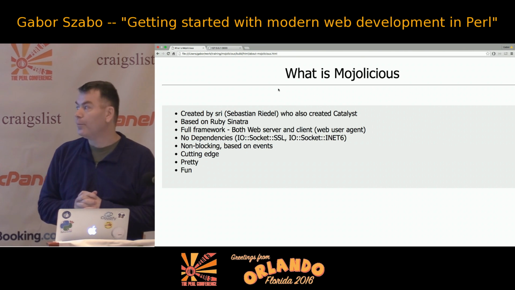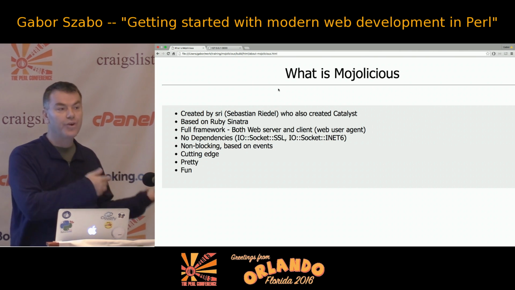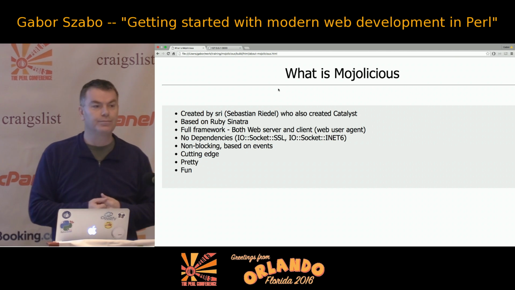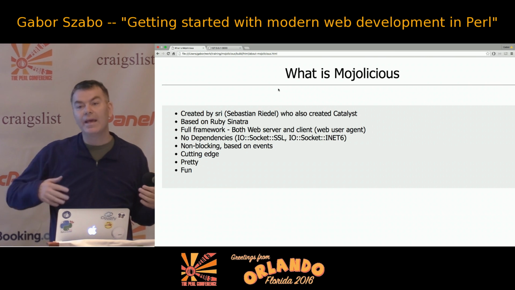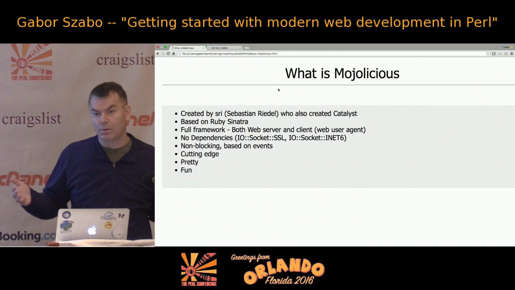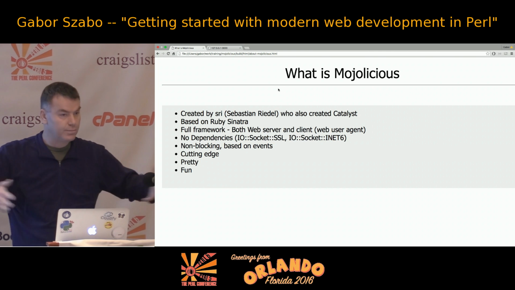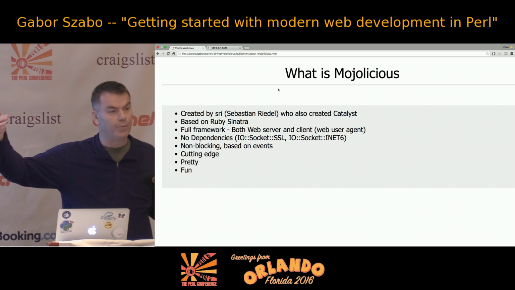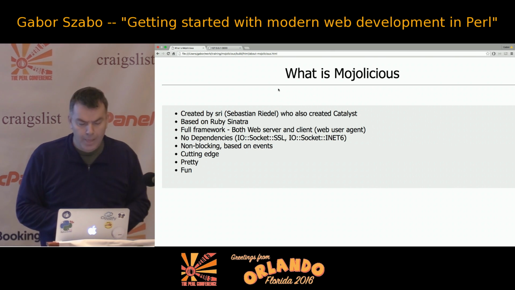Anyway, ModuleIssues was created by Sebastian Riedel, who actually created Catalyst earlier. The problem he felt, or at least that I hear, was that Catalyst became so mainstream that making changes was more or less impossible because it would make backward incompatible changes. So progress was stalled, at least progress for new ways the web could work, especially asynchronous programming. And so he started